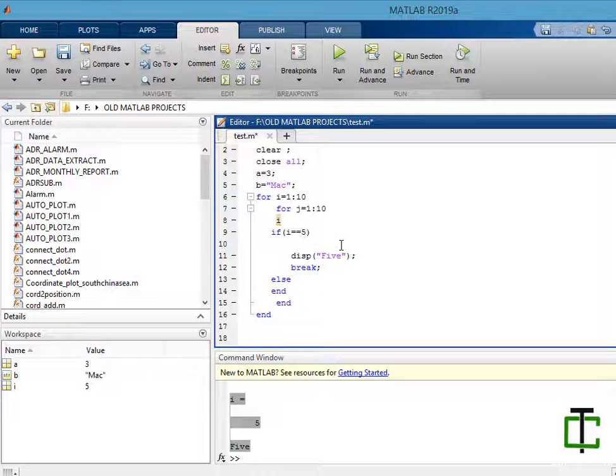An if inside another if is called a nested if. If j equals 5, else, and put these two lines here, break statement.